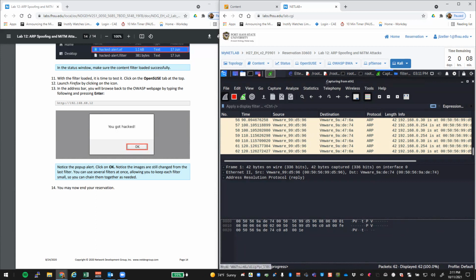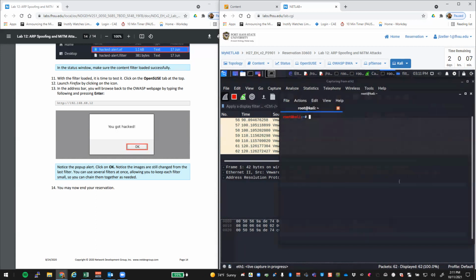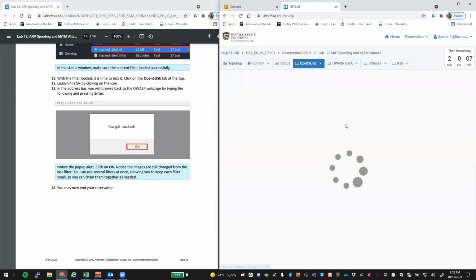Matter of fact, I can try this. Can't guarantee it'll work. But we also have ARP on Kali, right? And we can look at this ARP table and we know the real ARP entries. So the real entry for .30 is DE74 and the real entry for 254 is 4768. That is the true addresses that we're sending out. That's ARP on Kali. If we look at ARP on SUSE,